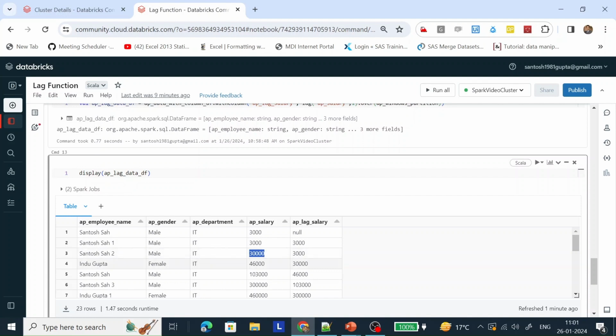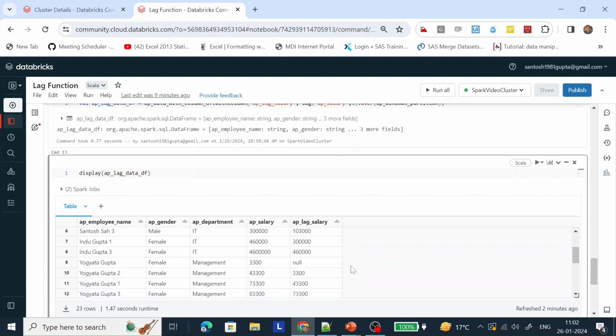The lag function will go to this row, take the value one row previous, and populate the lag salary. Let's talk about this one. The lag function will see the salary one row previous of this value. What is the one row previous? This is the one row previous, and it will set this value and populate the lag salary.